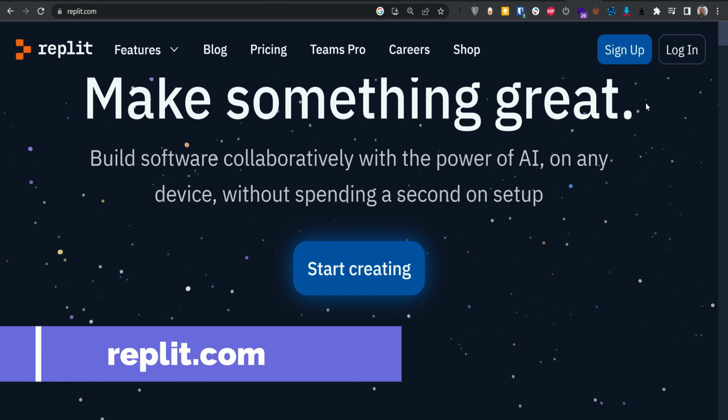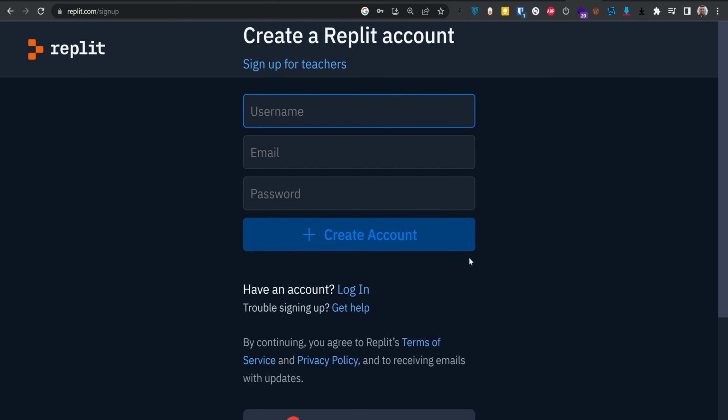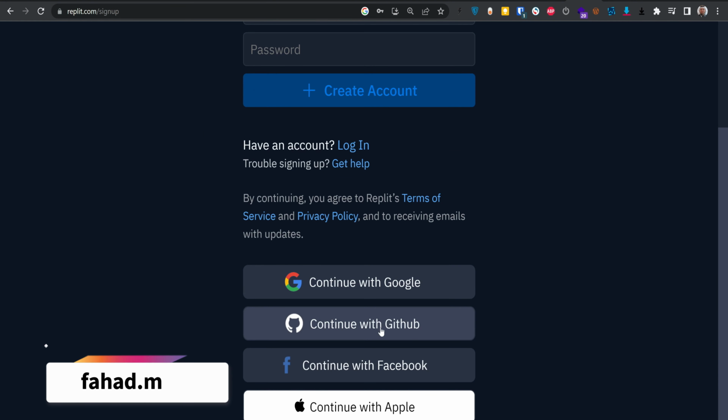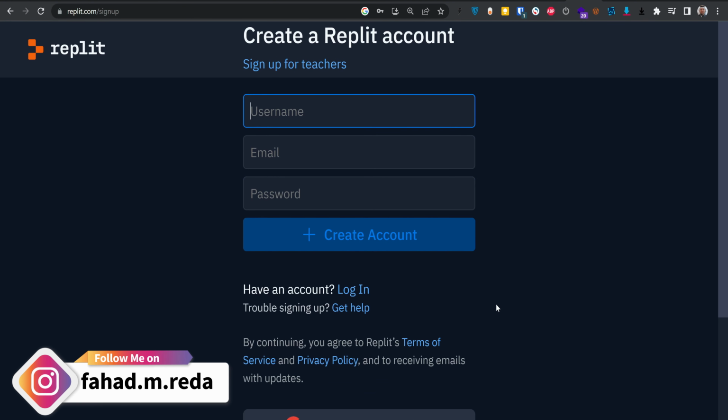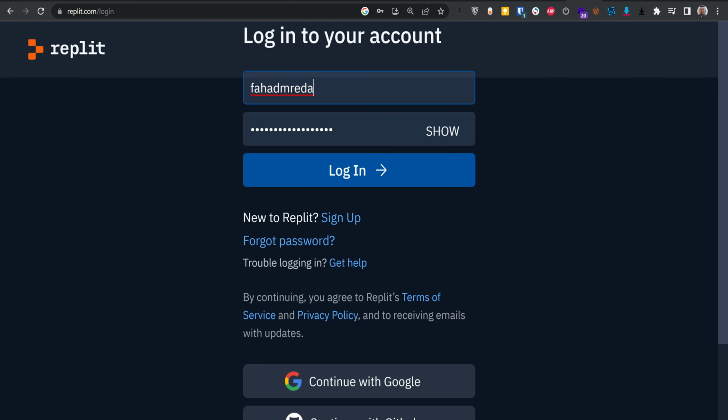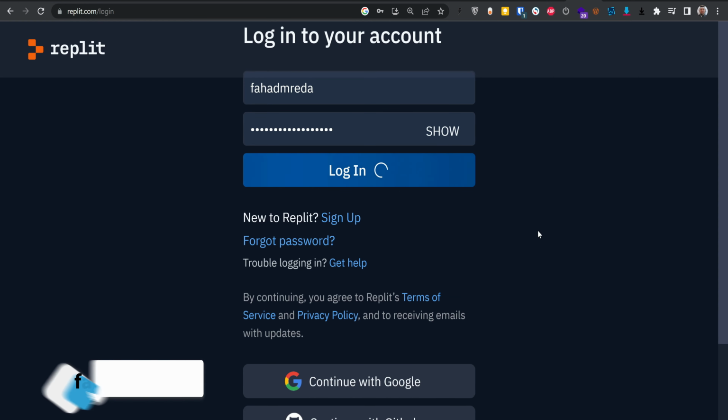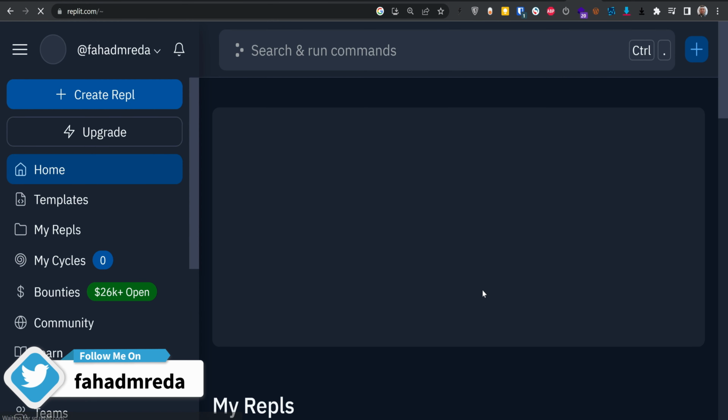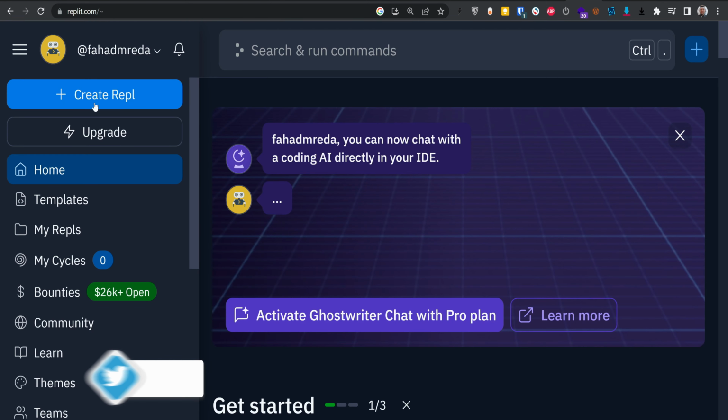You can click on sign up, and you can sign up using your Google, GitHub, Facebook, or Apple. But I already have an account, so I'm going to click on login. You guys can see my username. I'm going to click on log in, and now once I'm logged in, I'm going to come here and create